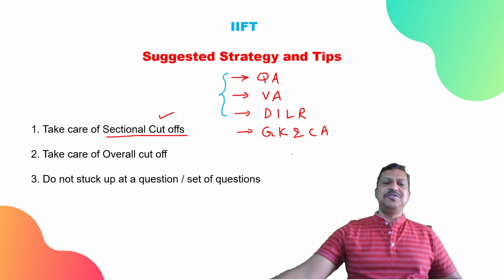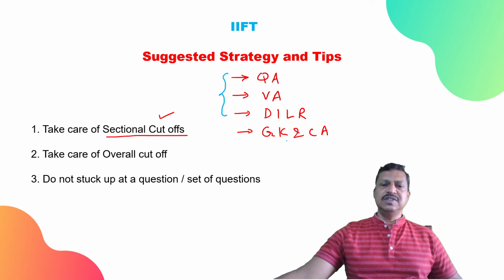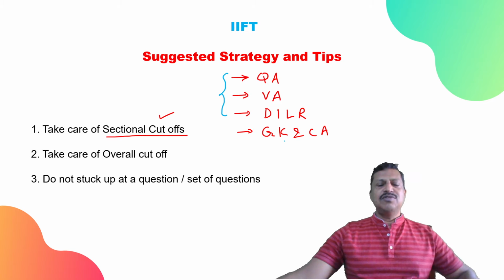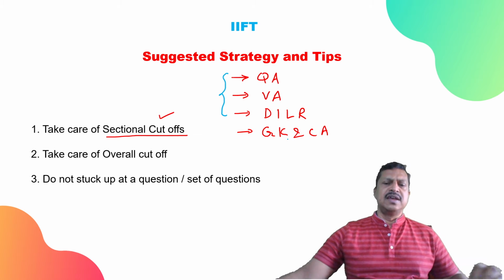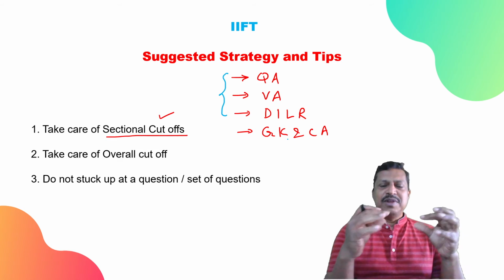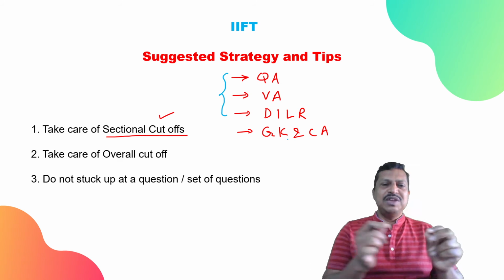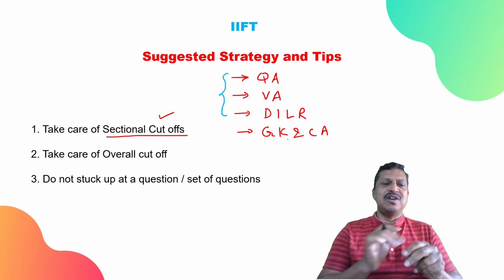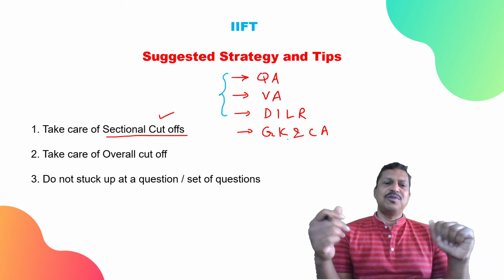GK current affairs is something where you never know how many questions you'll be able to solve. So what you do is, GK total 20 questions, take maximum 10 minutes, finish it off. Finish it off means all the questions you read, and whatever you can solve, you solve. Whatever you cannot solve, if you can guess, there are a lot of interesting things I'll suggest. Say, for example, if it is a matching, you may not know all, right? So if you know one matching or two matchings,